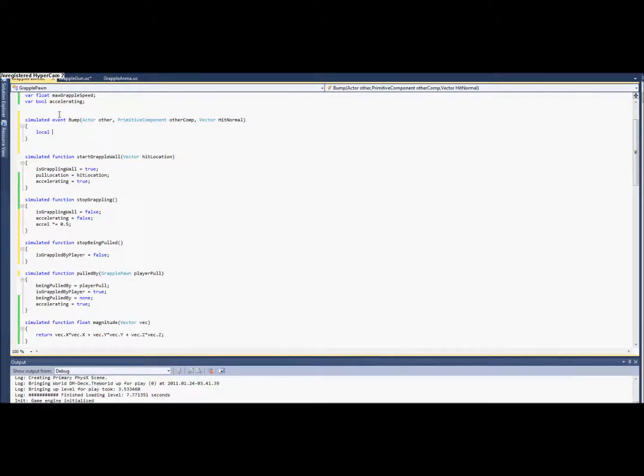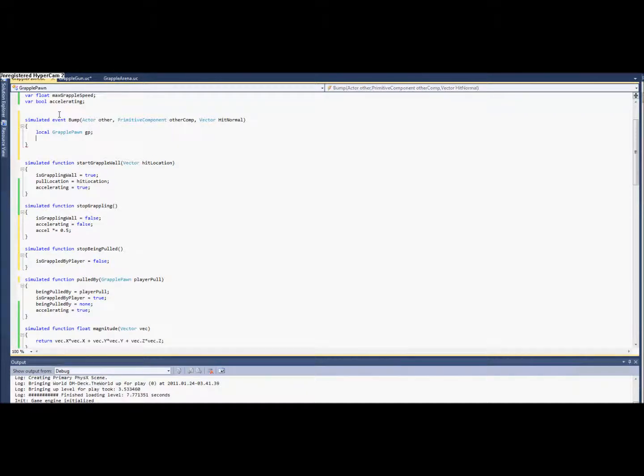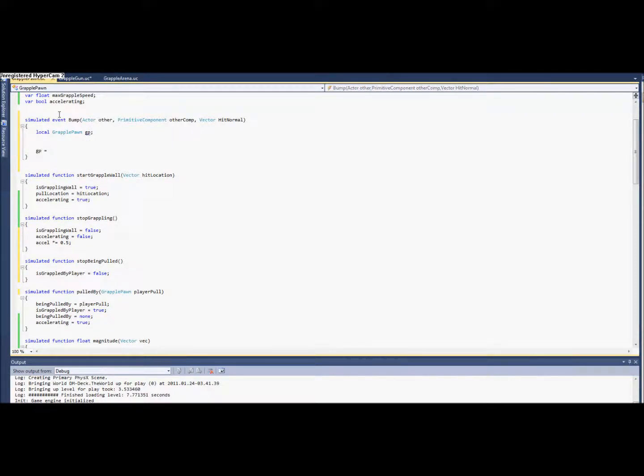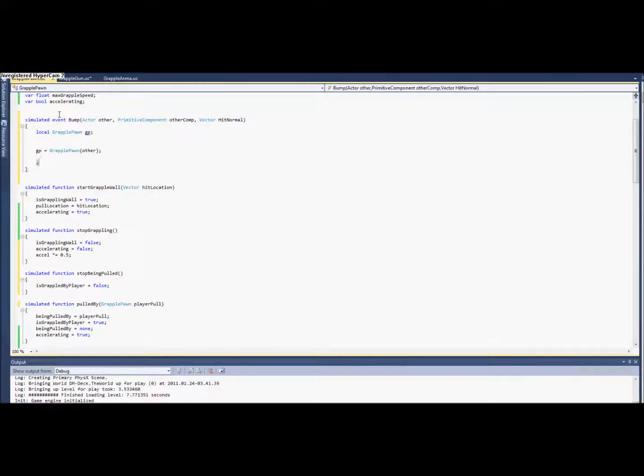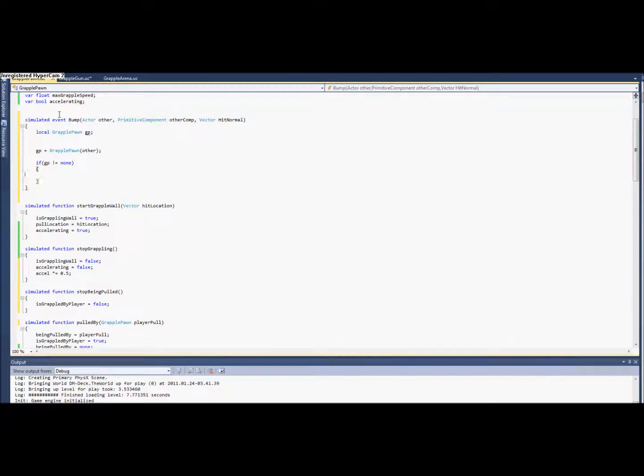And we need to see if the other person is the pawn, grapple pawn. And then we're going to see if